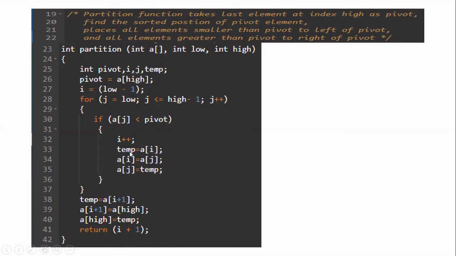To do the swapping, I am going to use a temporary variable. Whatever is there in A of I, I am going to store it in temp. Then whatever is there in A of j, I am going to put it in A of I. Then I will place the value in temp into A of j. That is, I am performing the swapping here. Now, once you do the swapping, again you will increment j by 1 and continue the same process. How long will we increment j by 1 and continue? Until j is less than or equal to high minus 1.